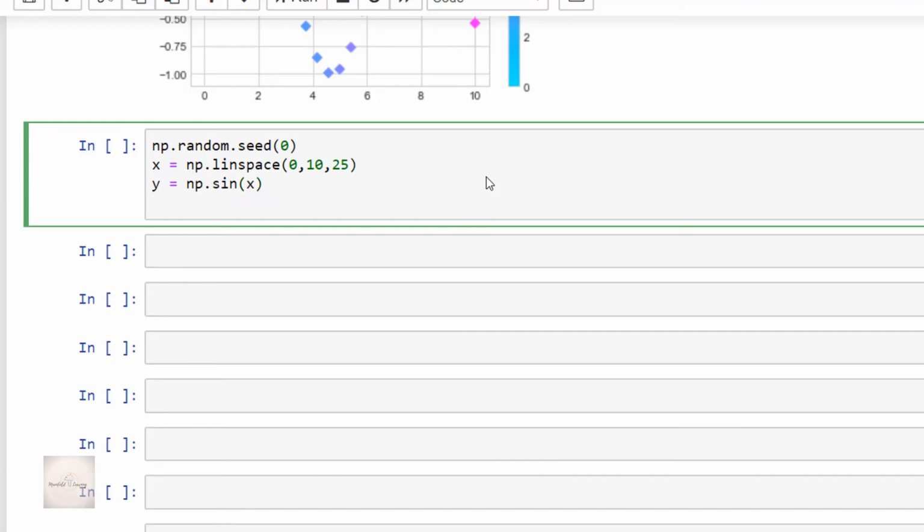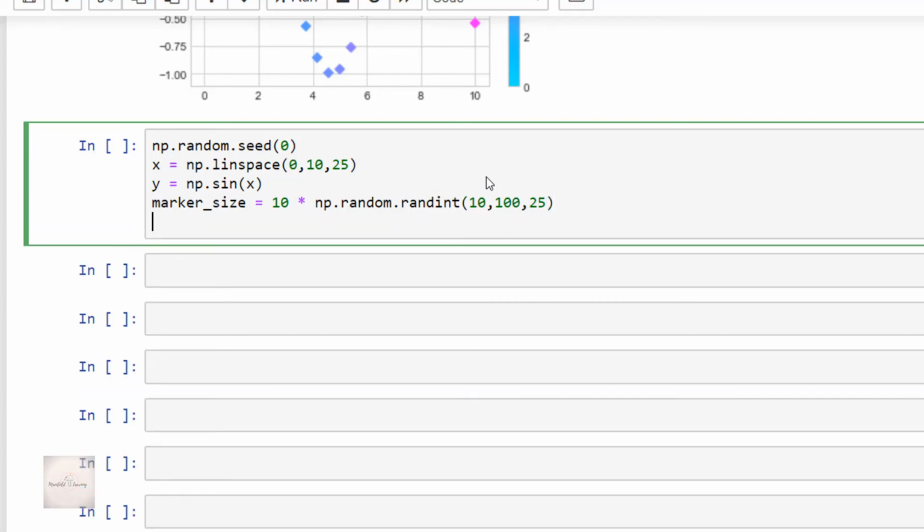Okay, and then I'll give marker size is equal to 10 into np.random.randint of 10, 100, 25. So here what I'm doing is I'm creating a new variable, marker size, with random integer values which we will use as a reference for the marker size during the creation of a plot.